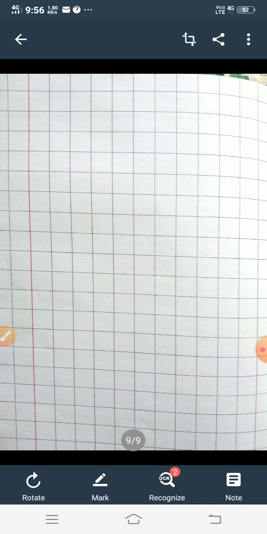Today we will be learning subtraction with the vertical method. What is the vertical method? It is when we write the numbers on a standing line. We have already learned the horizontal method. Now we will be learning the vertical method of subtraction. How do we write the vertical method of subtraction?